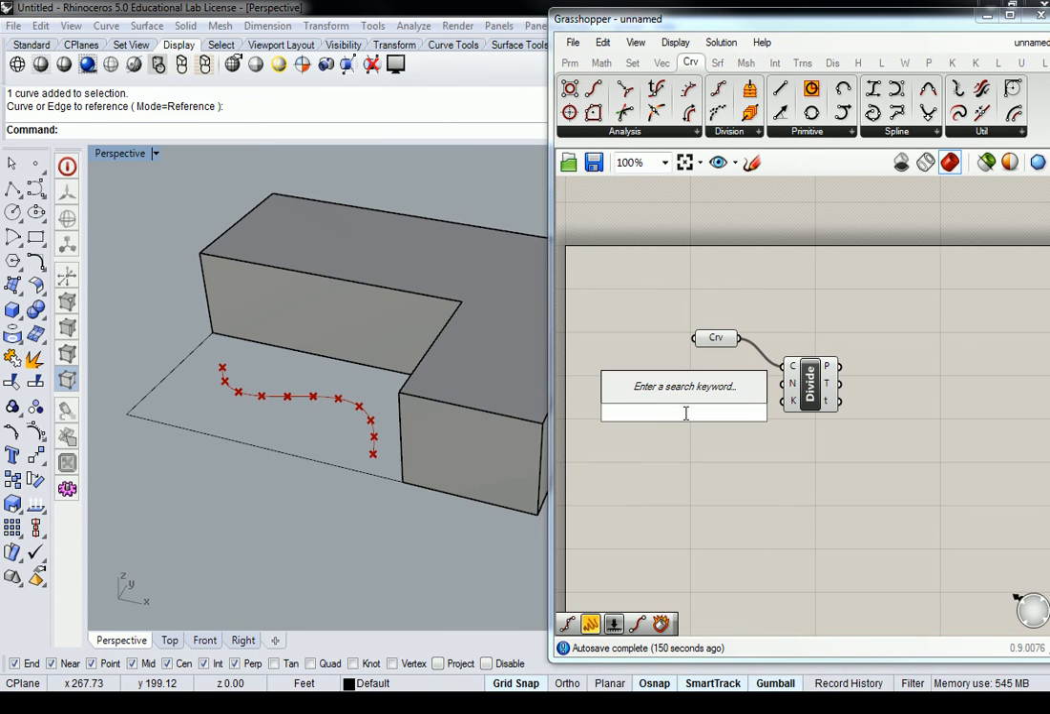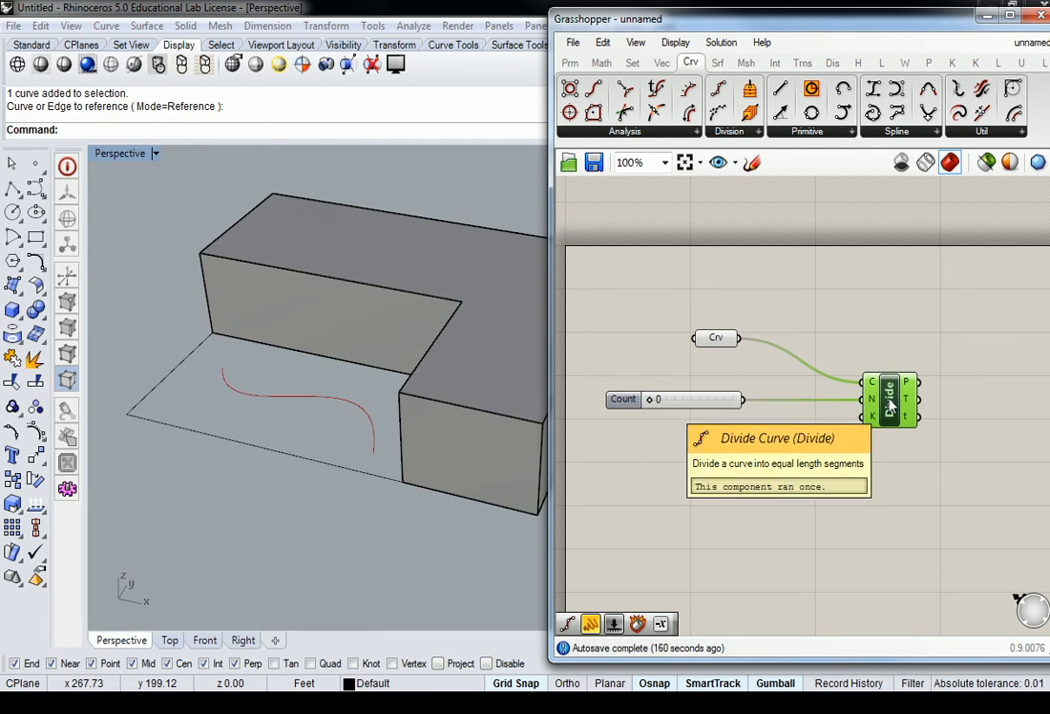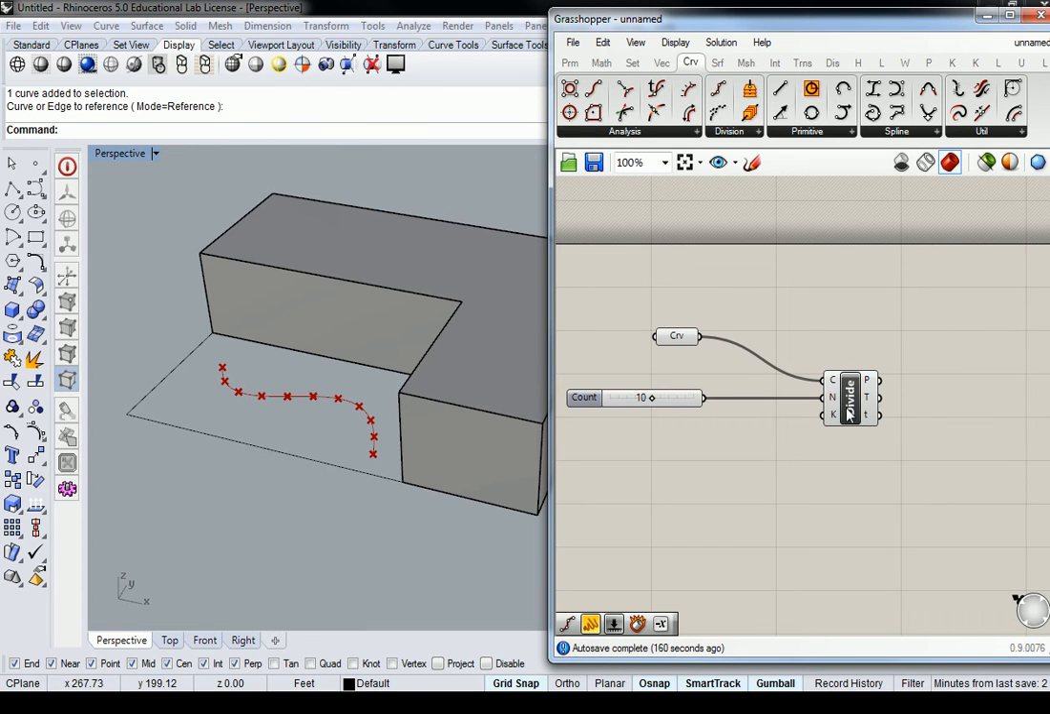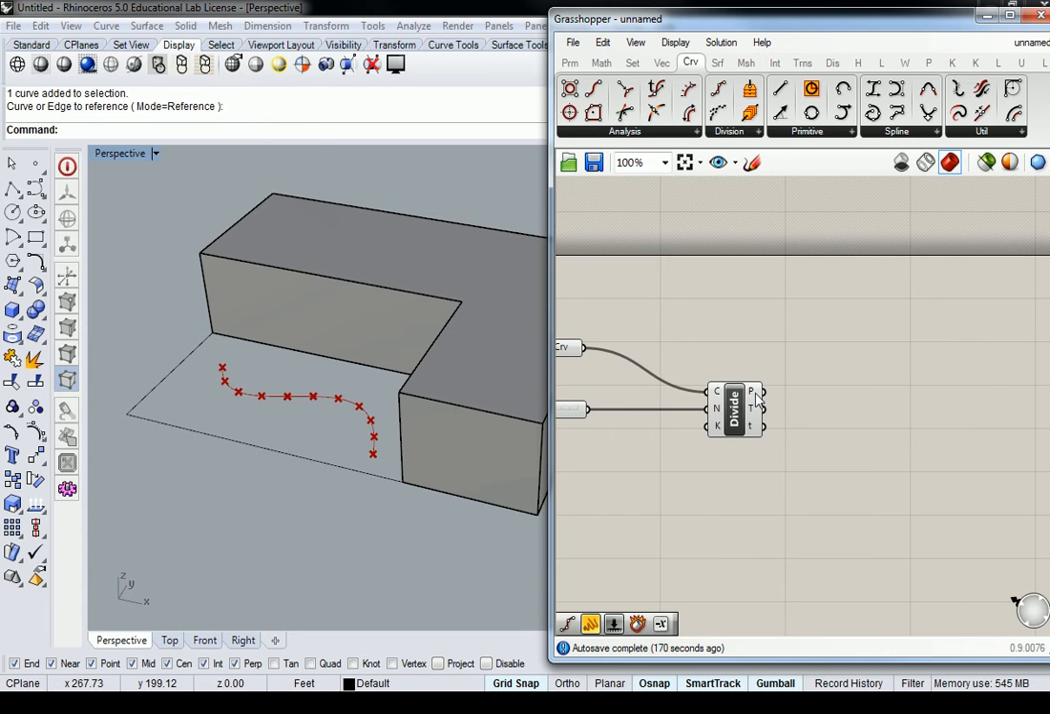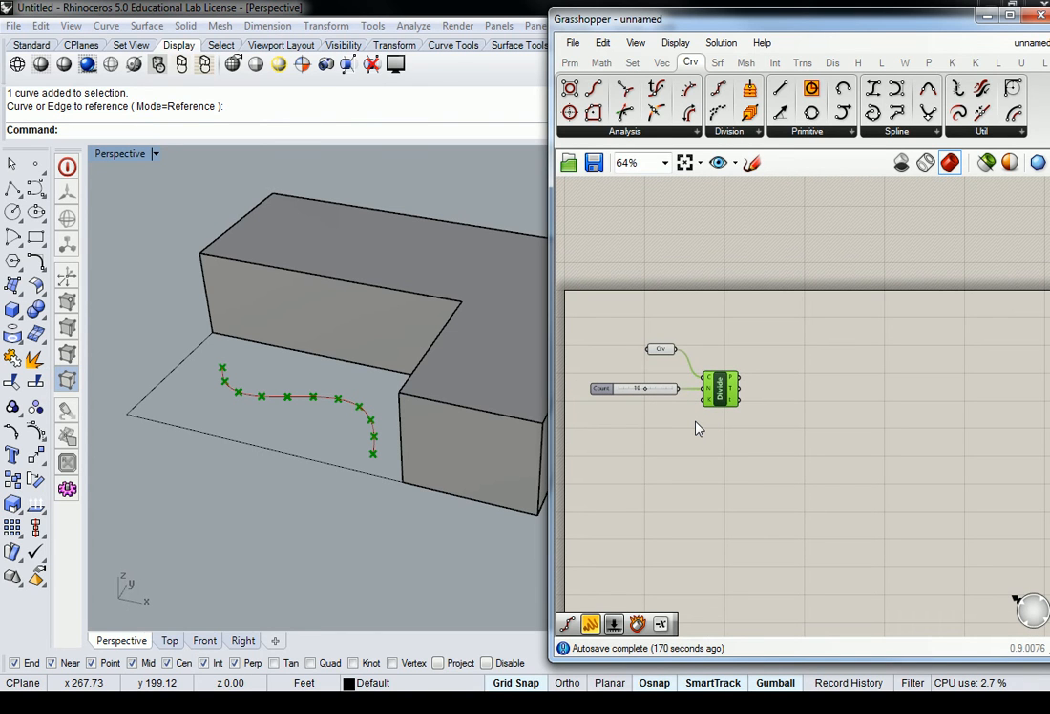I'll develop a slider, 0 to 20. I'm not sure how many of these there are going to be. So I'll put it at something like 10. With this list of points, the part that I think we struggled with is figuring